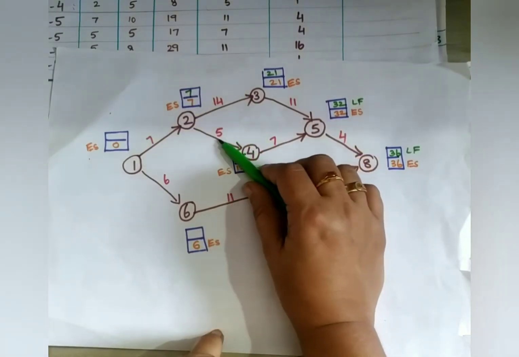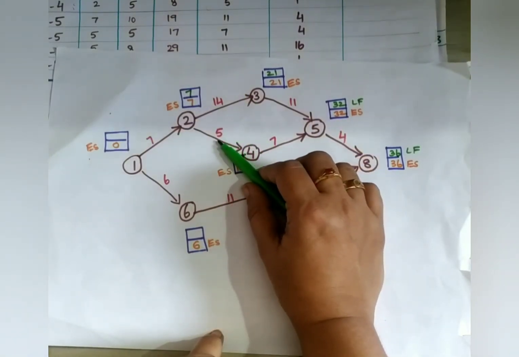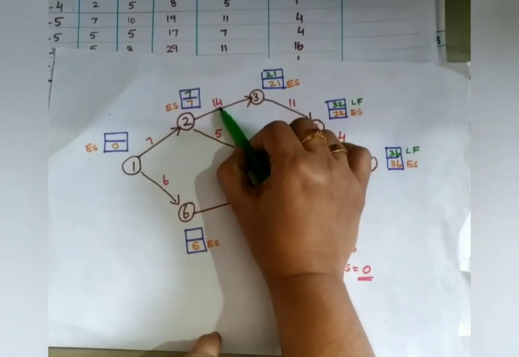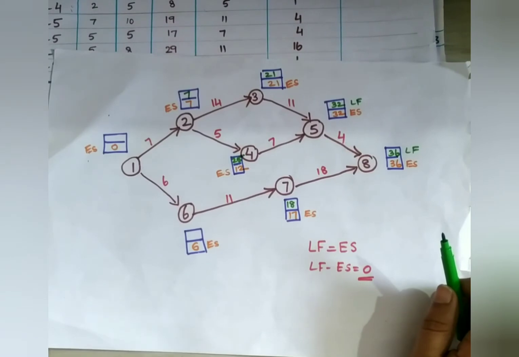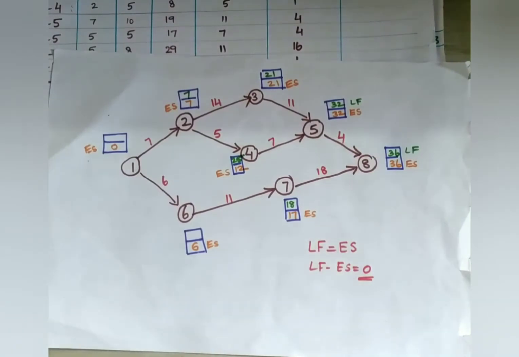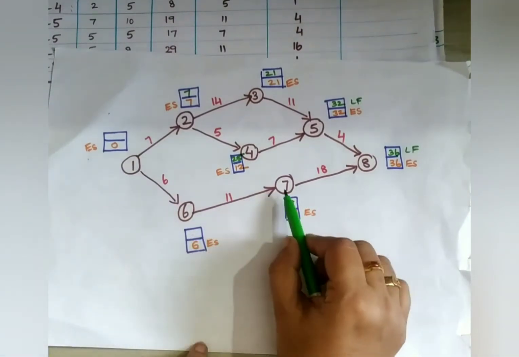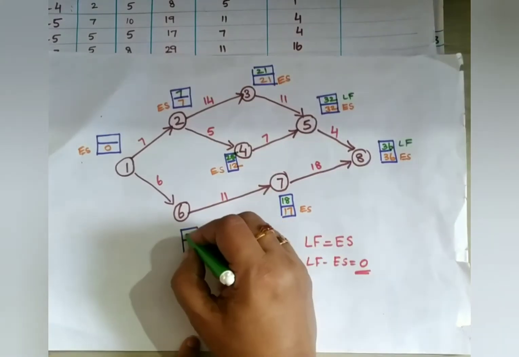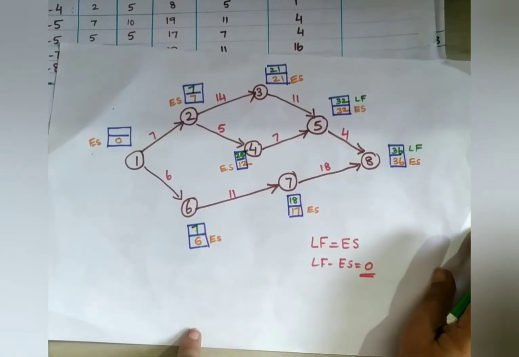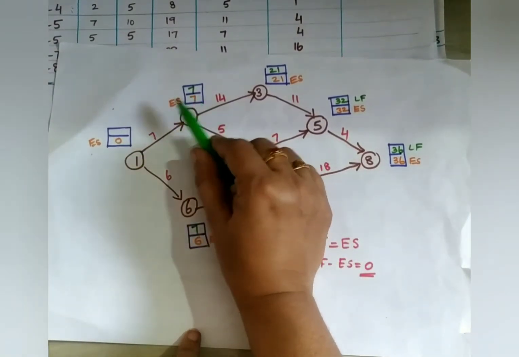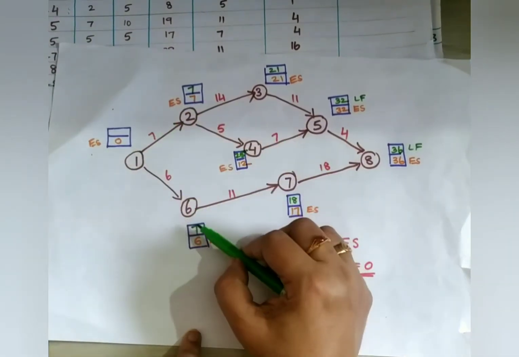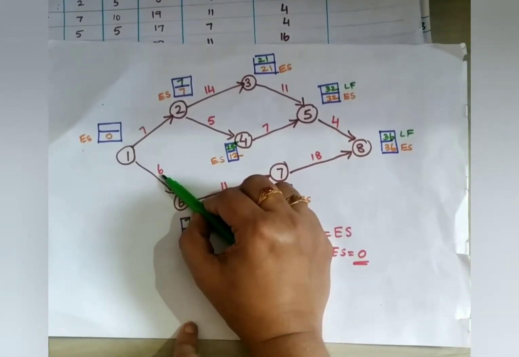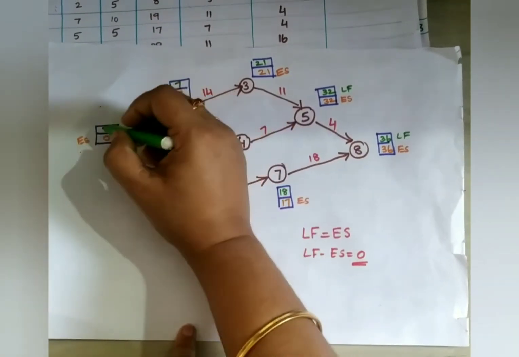Because here 25 minus 5 is 20 only, and 20 is larger than 7. So you have to take 21 minus 14, which is 7. Okay, it's clear, right? Next, which point here? 18 minus 11. 18 minus 11 is 7 itself, right? 7. And now the last node, 7 minus 7, 0. Here 7 minus 6, 1. So what will we do? Take the minimum. 7 minus 7 is 0.